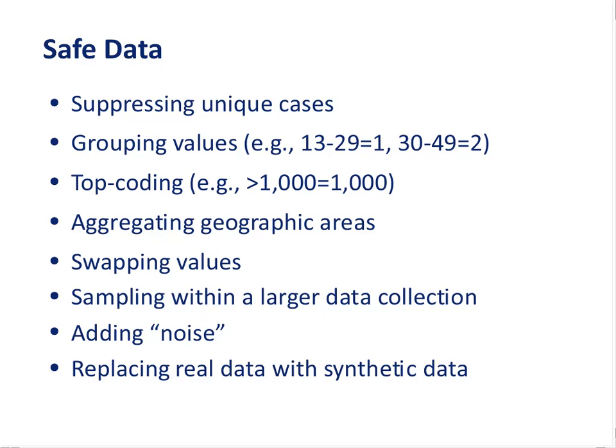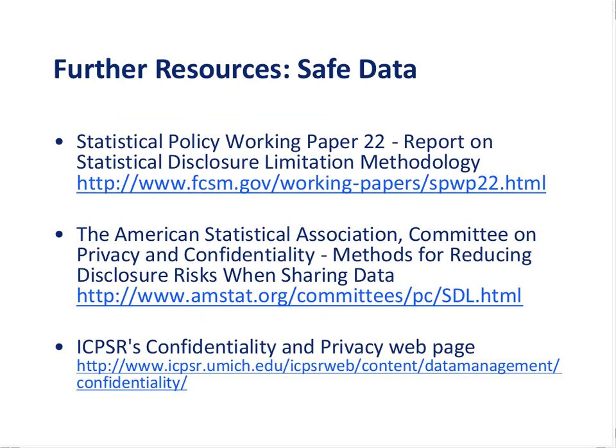But replacing real data with synthetic data, or adding or perturbing files, you definitely want to have a statistician or disclosure professional help you in making those changes. But still there's lots that the average person with some data know-how can do to ensure that the data can be safer. There's some further resources out there to make data safe,